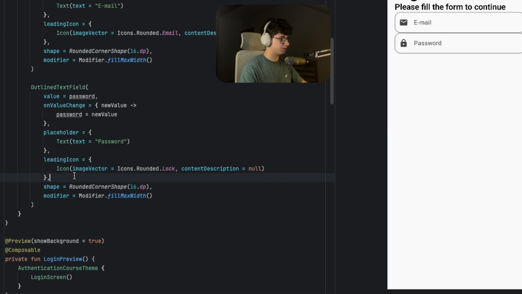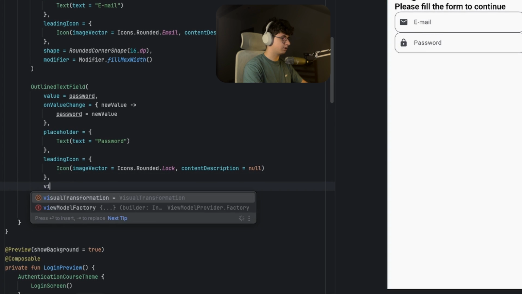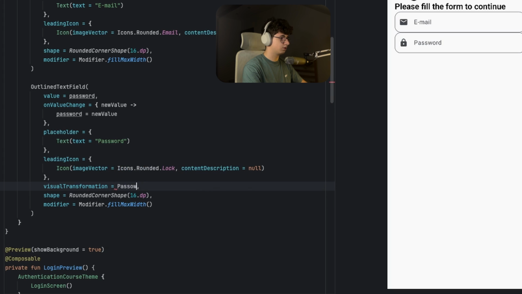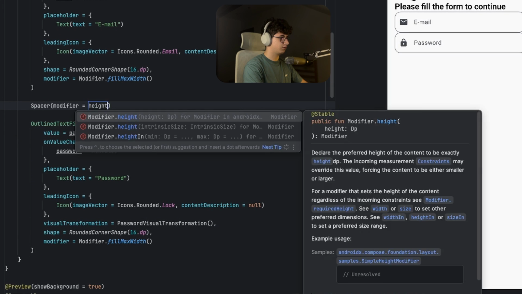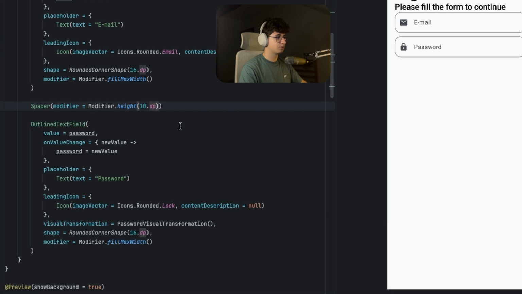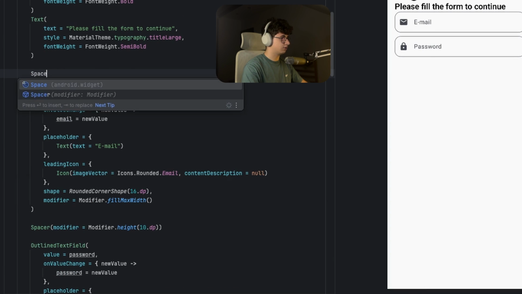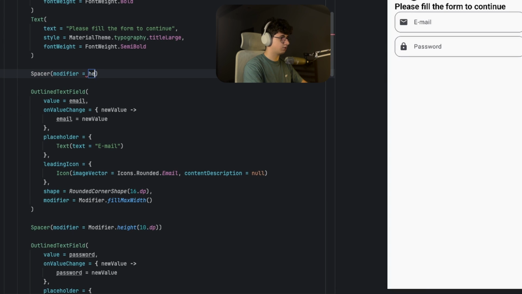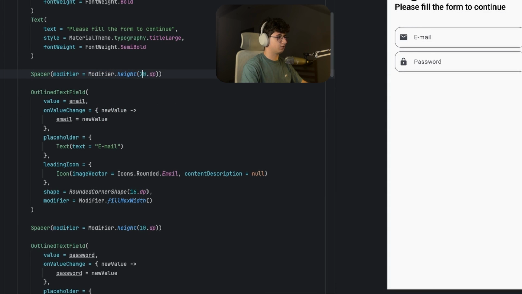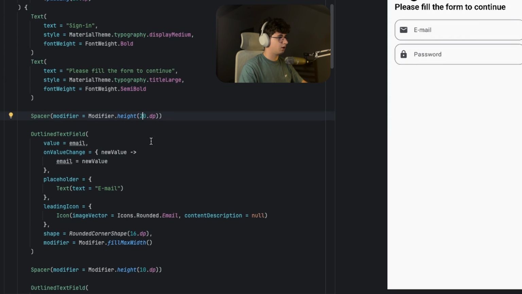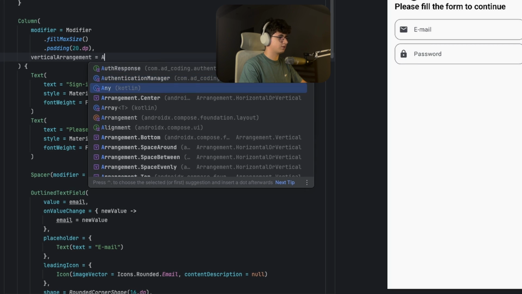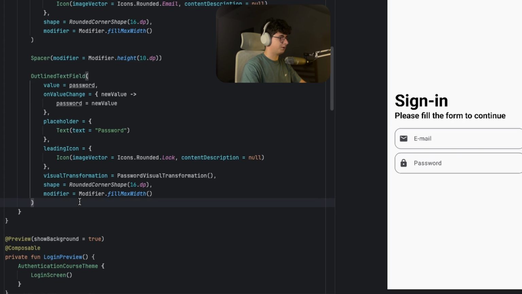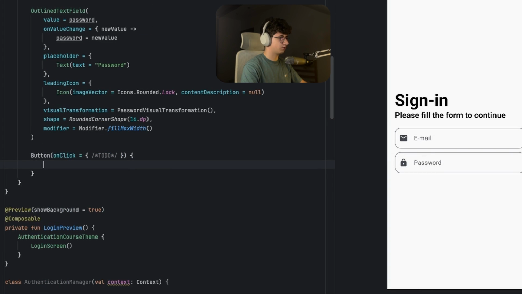Now in order to make the text hidden, we need to say visual transformation, password visual transformation, and let's also add some spacing between those, so we need to use a spacer with a height of 10 dp for example, and let's also add one between the headers and text fields, so let's say height 40 dp, and we can lower the spacing, I think it's too big, and let's center this in the center of the screen, so vertical arrangement center,